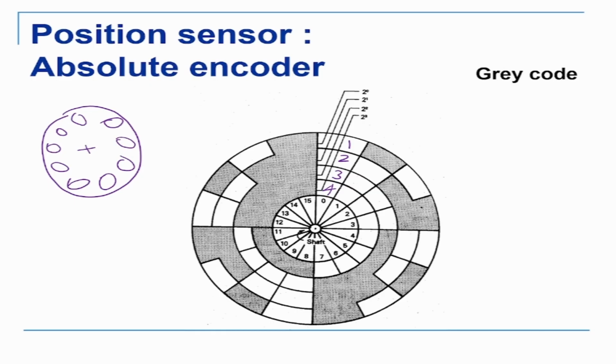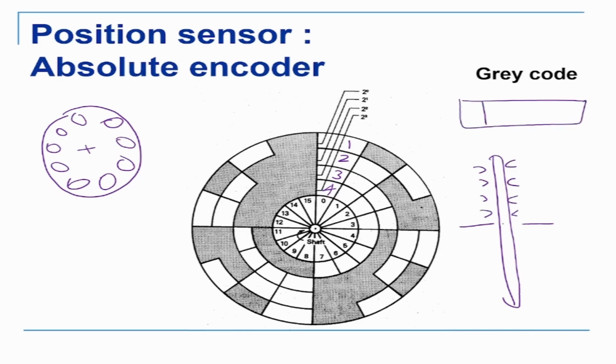If I draw the side view of this, there will be emitter, receiver, emitter, receiver, emitter, receiver, 4 of them. So in any shot, you'll be getting 4 bits, which can be high or low. Say for example, in this case they're all 1, 1, 1, 1. In this case, it is 0, 1, 1, 1. That's a 0, that's 1, 1.